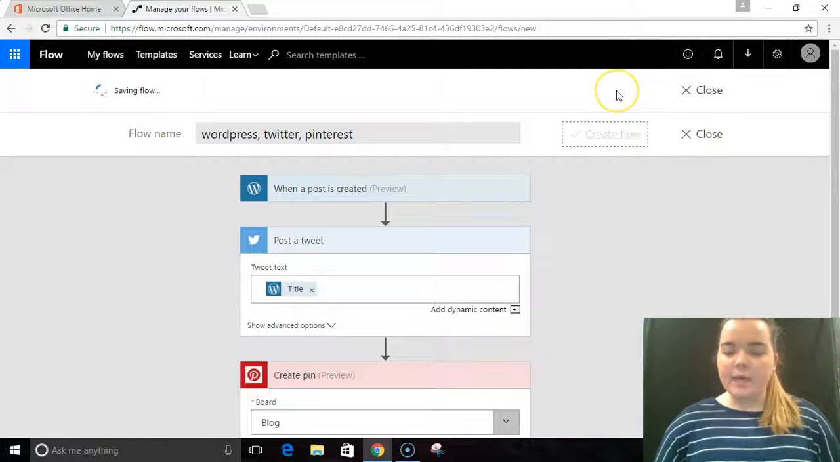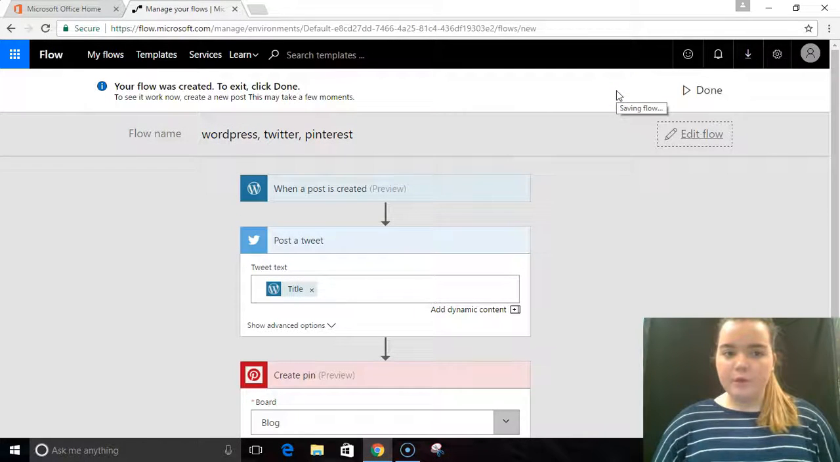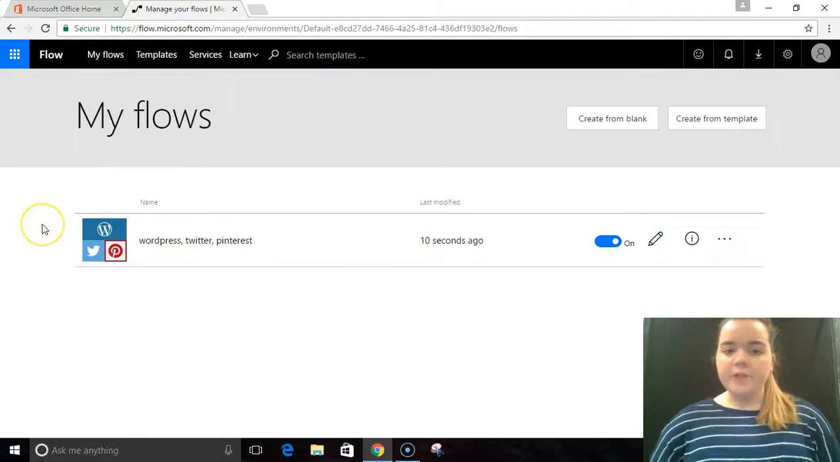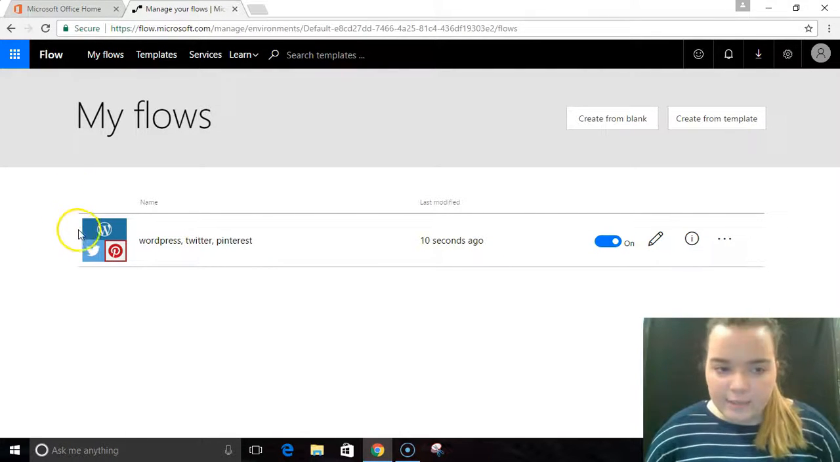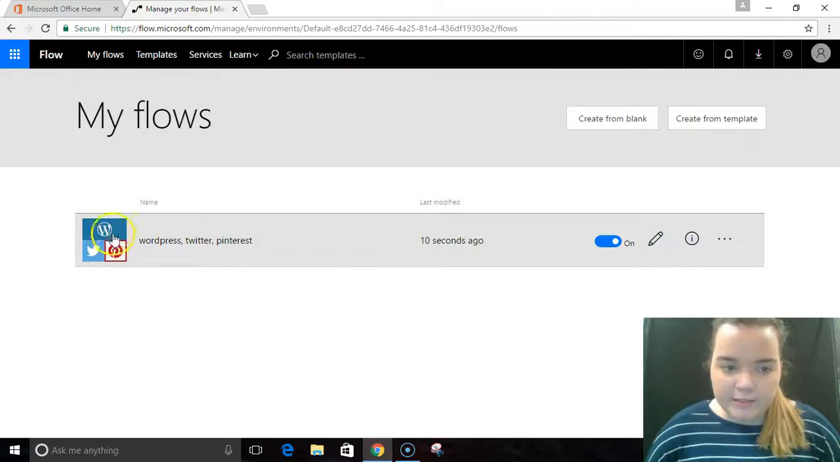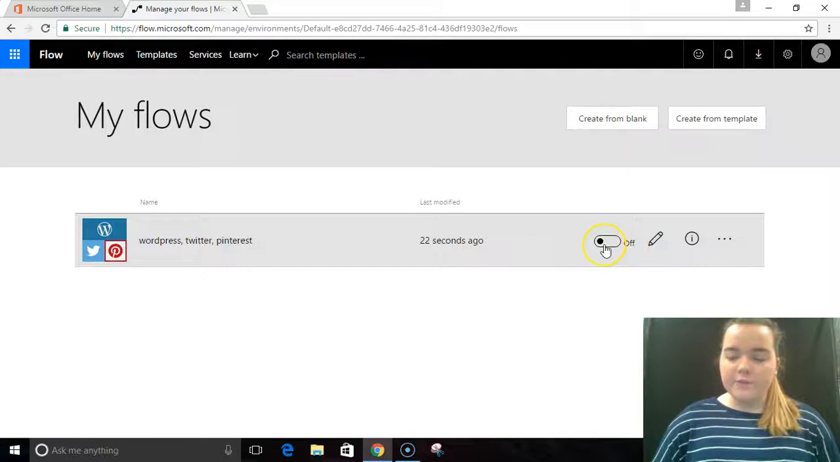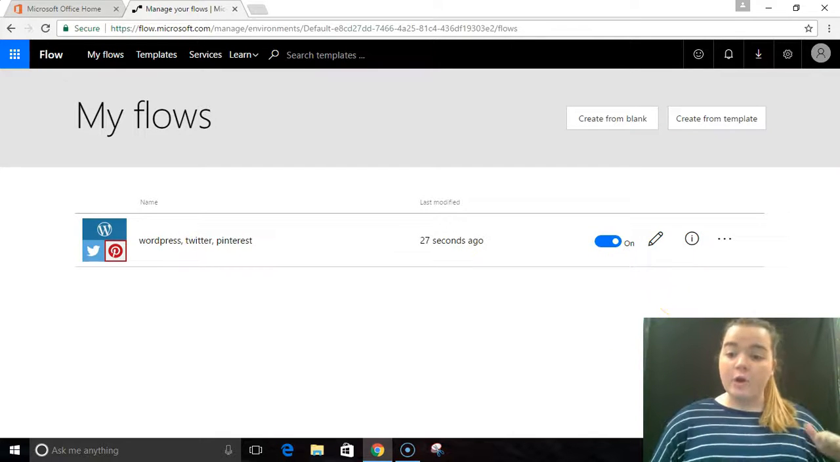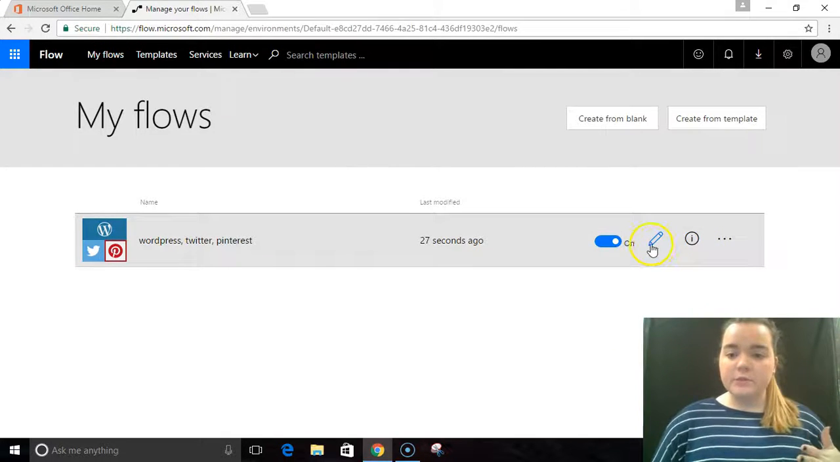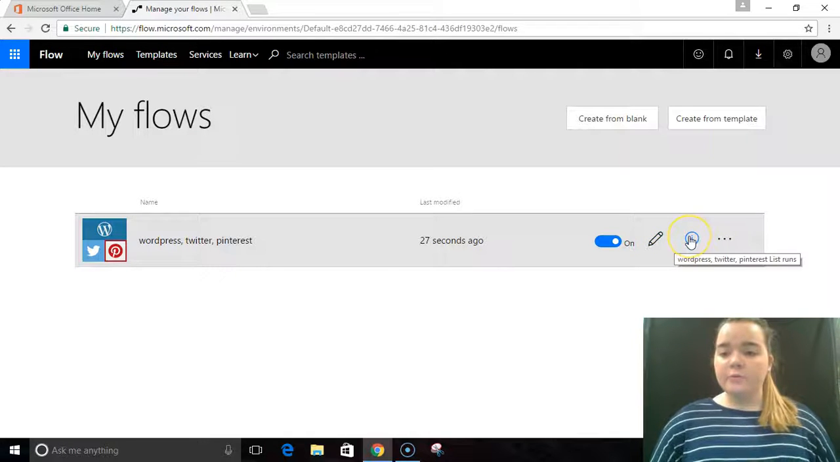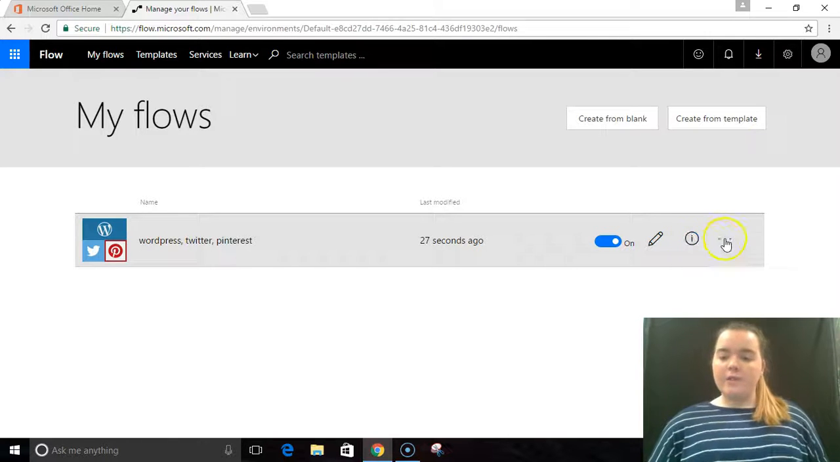So it's going to save it real quick, and then it will show up on our flows. So now when you go back to My Flows, you can see your flow. It shows in the image what it is. It shows that it's WordPress and then it does the Twitter and Pinterest thing right there. So here's the on and off switch. If I click it off, whenever I post, it will not do it. So you want to make sure you have them on when you want them to do it. You can edit it right here. You can see how many times you have used the flow and then you can delete it if you click